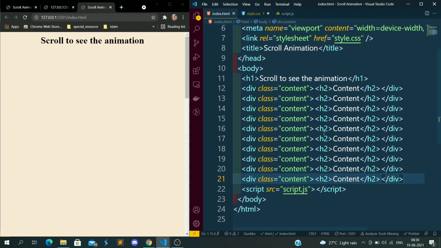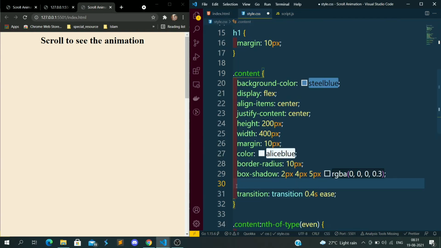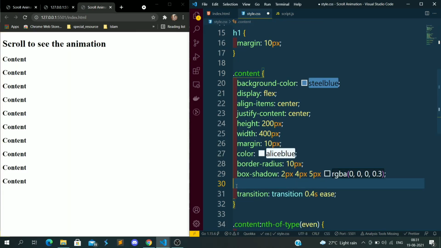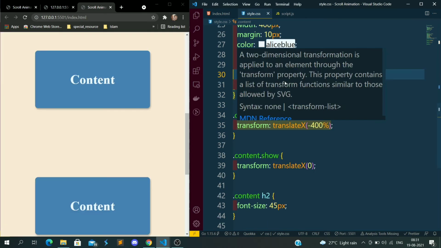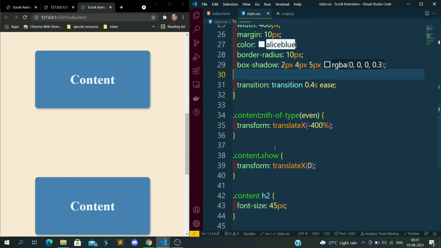I have the h2 inside this content class, so I will just give a font size of 45 pixels. Okay, if I remove this and save it, you will be able to see the odd-numbered cards. Because here we have the odd-numbered cards at 400%, coming from the right side, and we have the even-numbered cards on the left side.